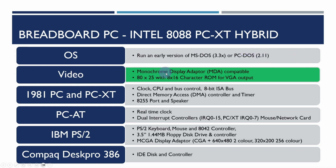We've already completed the monochrome display adapter earlier in the series of 9 videos. We've already added the clock, CPU bus control and the basis of the ISA bus. But in order to make this project PC compatible, we're going to need to add a direct memory access controller, timer, parallel port and speaker. We'll be adding a real-time clock, dual interrupt controllers, so we can add a mouse, network cards in the future. And then we'll also be adding the PS2 keyboard, mouse, a high density floppy disk drive,